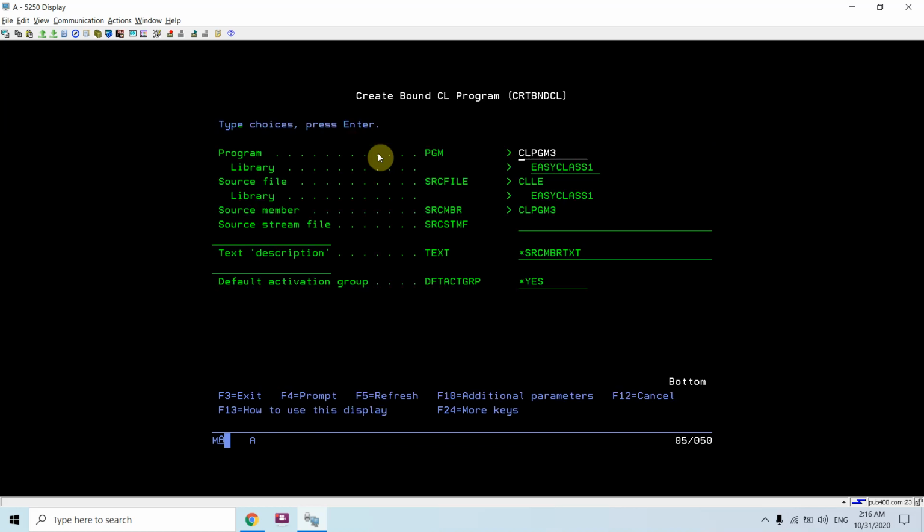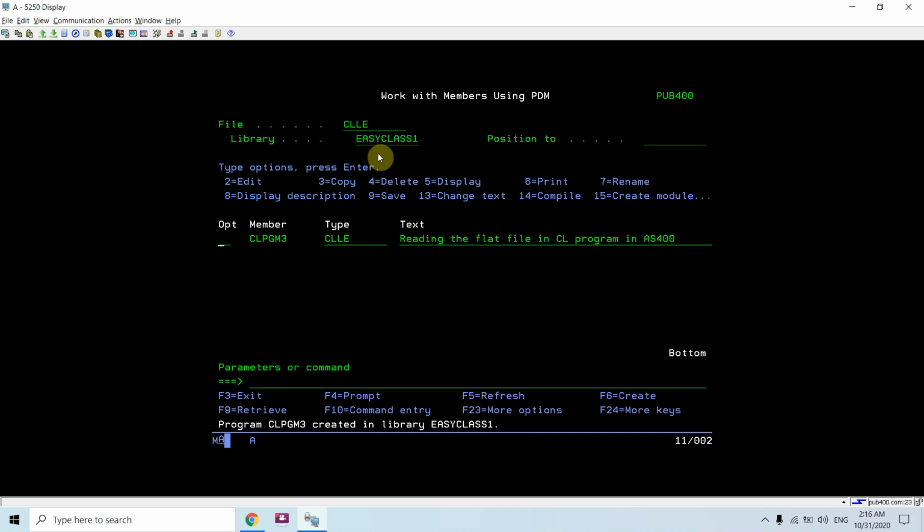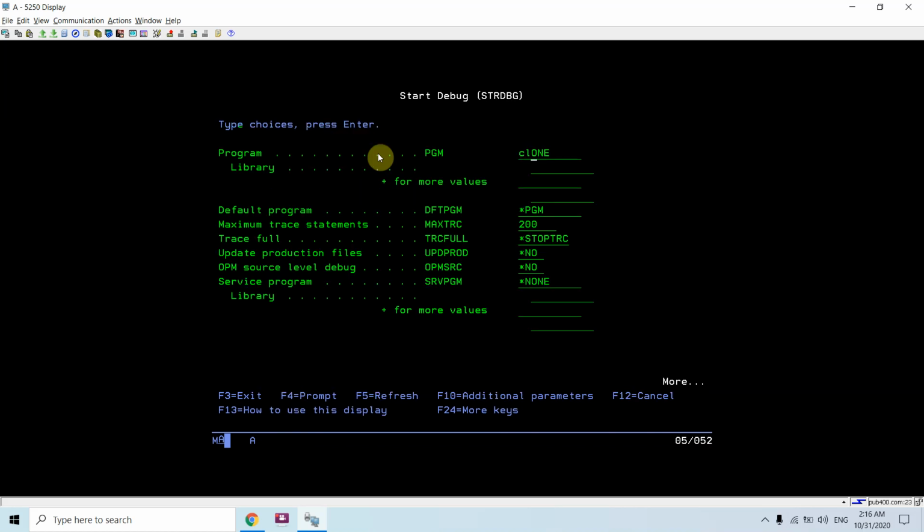Now I would be compiling this program. This program compiled successfully. It's CLPGM3.